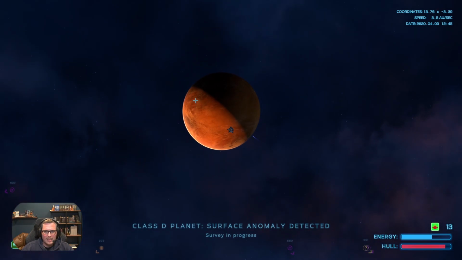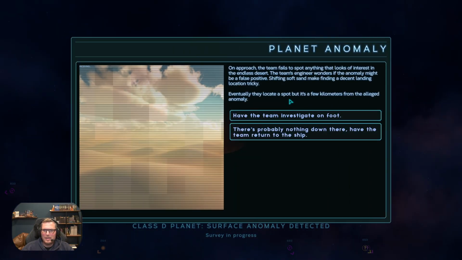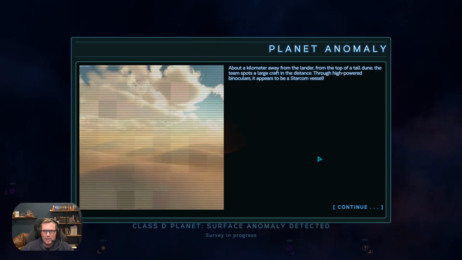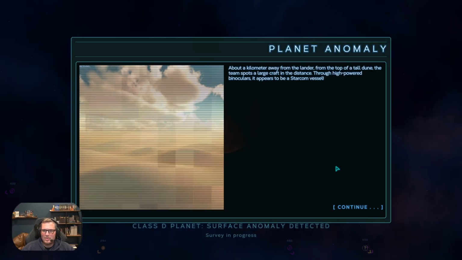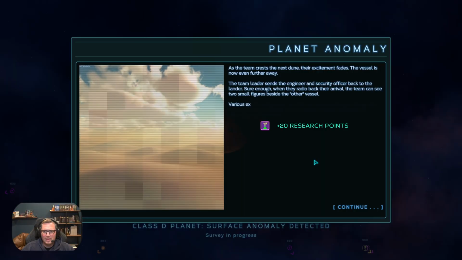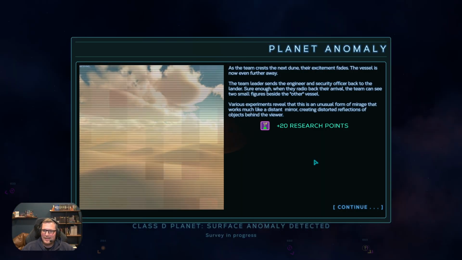Anomaly on the planet D. On approach, the team fails to spot anything. Desert. On foot. About a kilometer away from the lander, from the top of a tall dune, the team spots a large craft in the distance. Through high-powered binoculars, it appears to be a Starcom vessel. The vessel is now even further away. The team